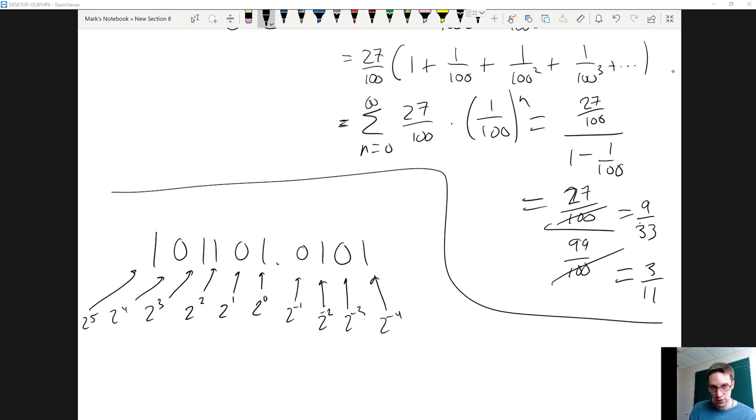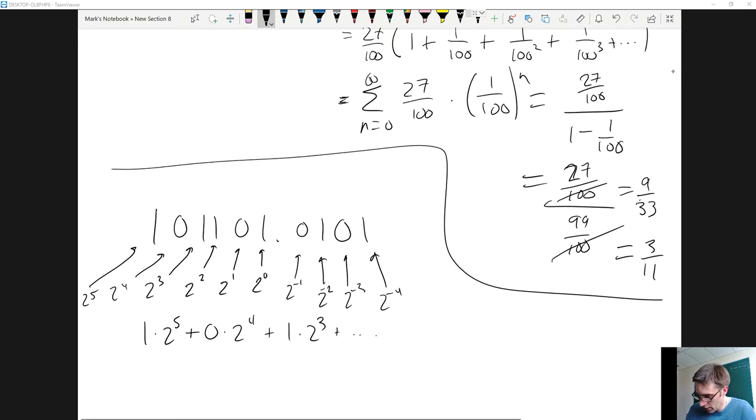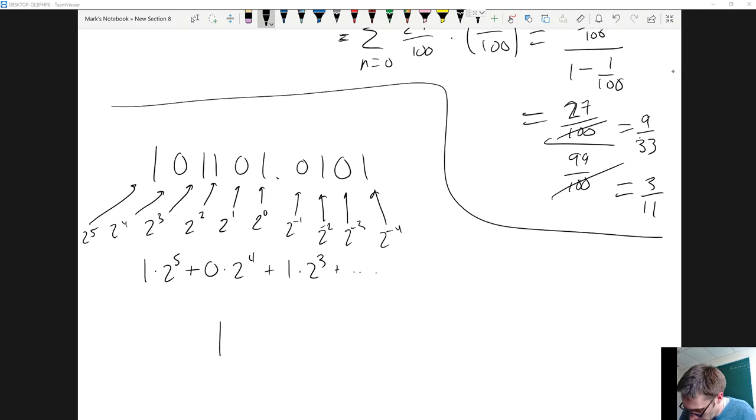So that number there can be written as 1 times 2 to the 5th plus 0 times 2 to the 4th plus 1 times 2 to the 3rd, and so on. And if we were to add up all of those numbers, we could convert back and forth between binary representation, which is how computers, again, represent numbers, and base 10 representation, which is how you learned to represent numbers in school. And so we can think about representing numbers using some sort of infinite series. In this case, it's not quite geometric because the numbers are all different, but you could also talk about something like the number, what is the number